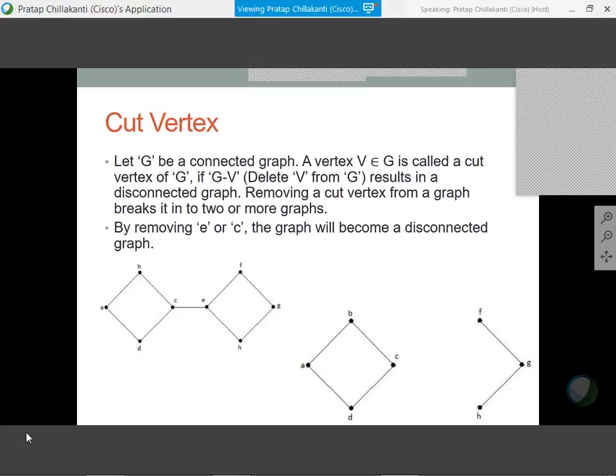I gave you an example here in this slide, which shows in the graph on the left A, B, C, D, E, F, G, H. By removing either the vertex E or the vertex C, you're basically coming up with